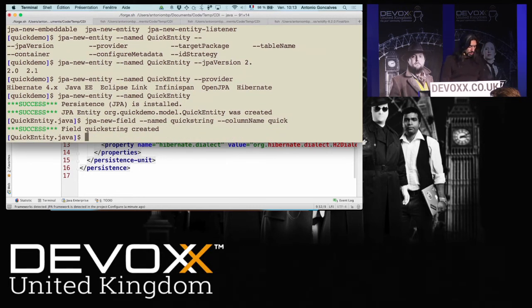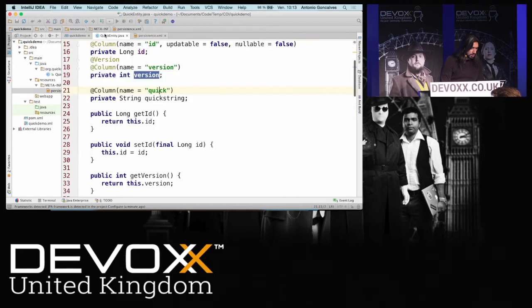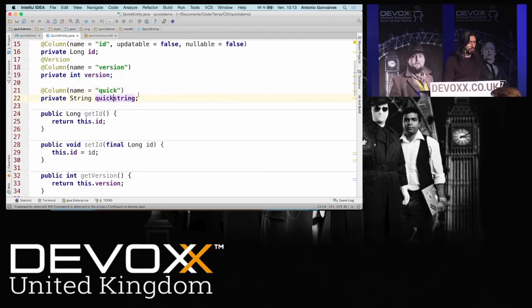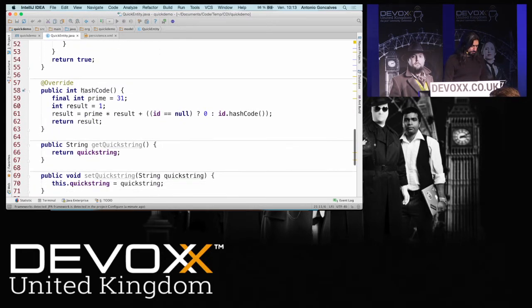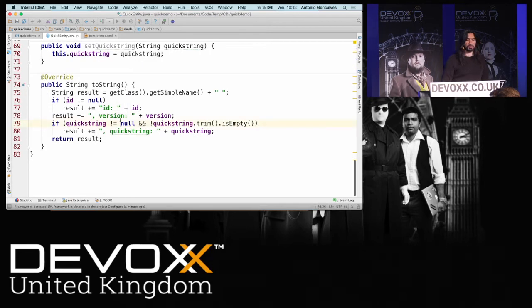Enter. What happened behind the scenes? Well, the quick entity now has a string called quick string, and Forge has used the add column to bind it. And the toString has been updated, which is nice.